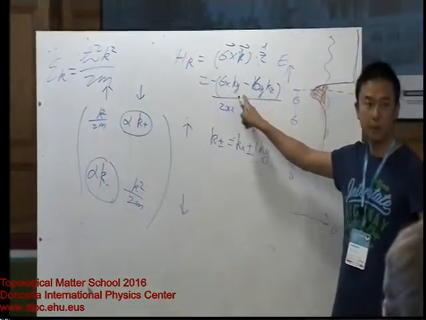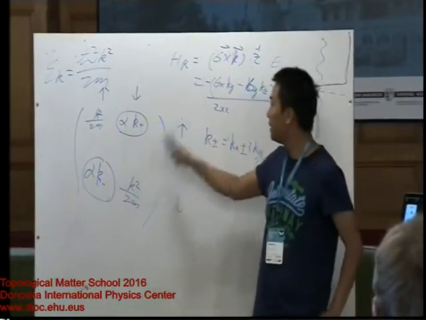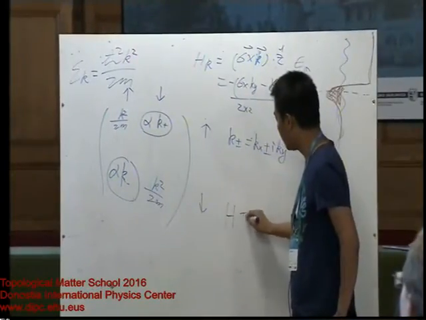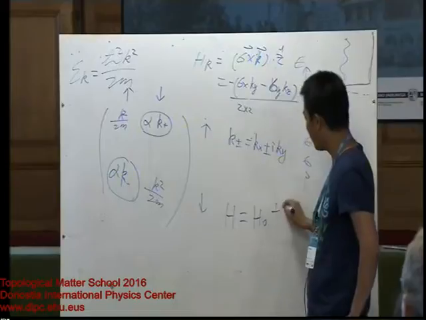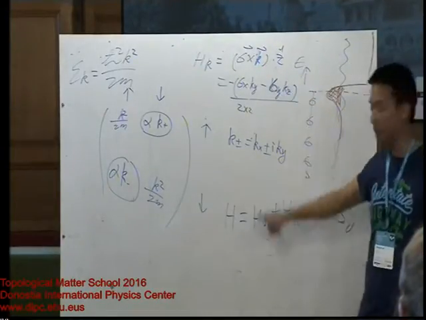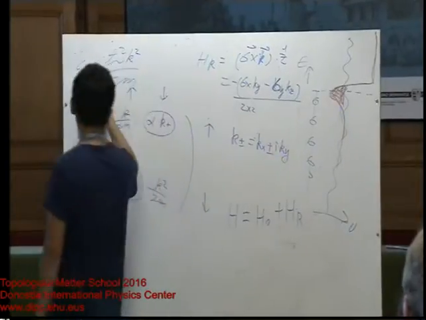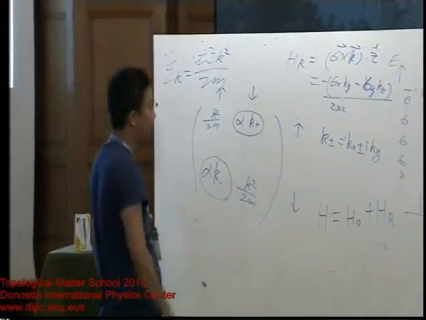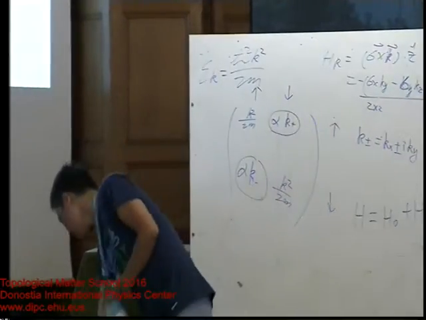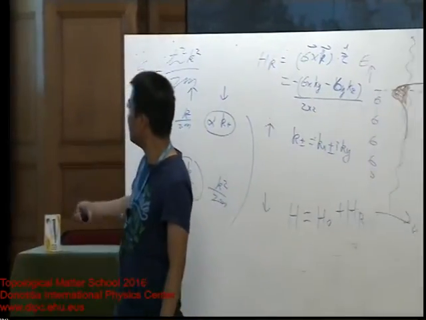Here are just Pauli matrices, and we put them here. What's the full Hamiltonian? The full Hamiltonian is H0 plus this Rashba term. This is the Rashba term. H0 is just this part, the kinetic energy, and we put it here, and then what we will get is